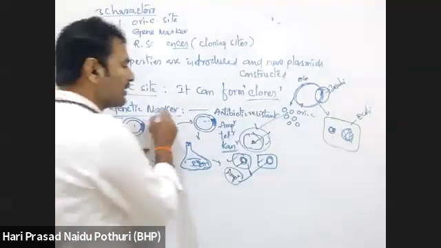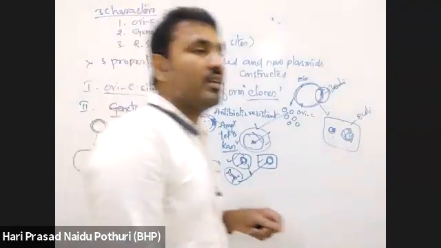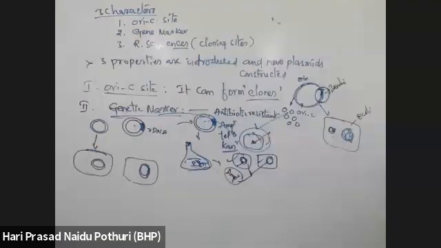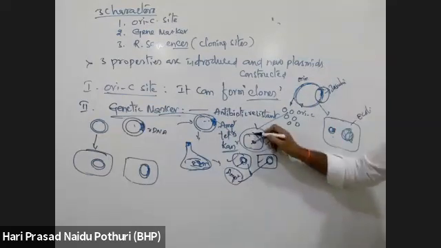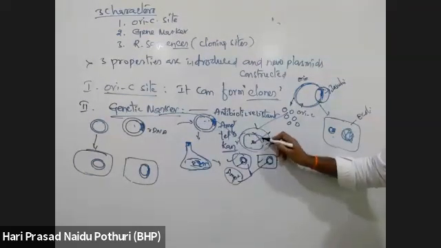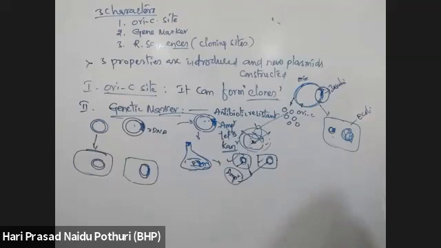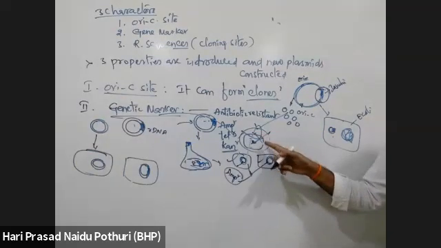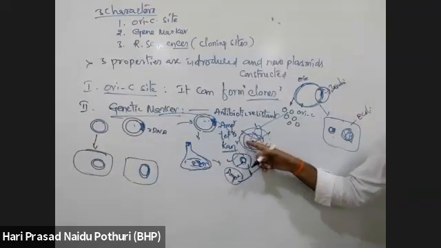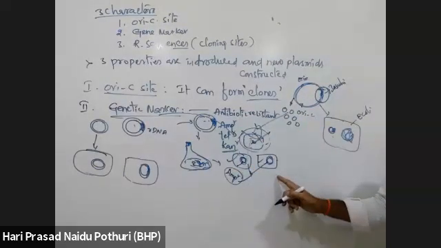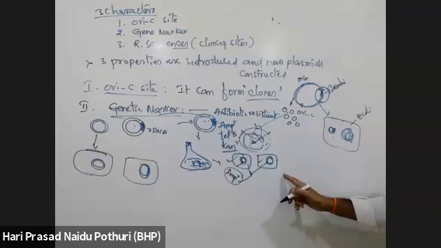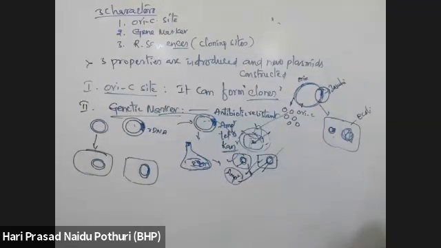So after transferring this rDNA or desired gene into the host in a medium, if we add a particular antibiotic, if we use ampicillin in the medium, these cells do not have the plasmid, so they will die. So what are those? Non-transformants. Non-transformants will die, and transformants will be alive because they have plasmids. So those transformants we can take.